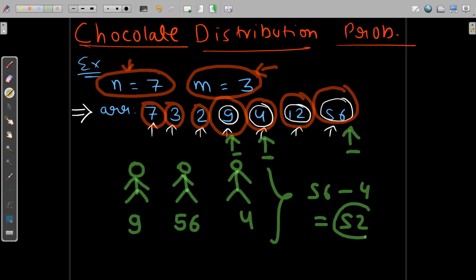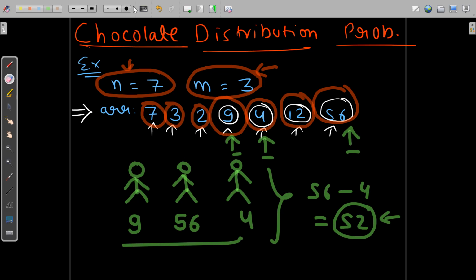So this is the difference. We need to select these boxes in such a way that this difference is minimized. This particular difference is not giving us the minimum difference, of course.